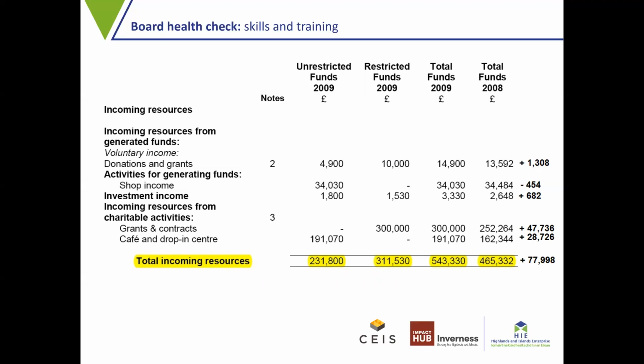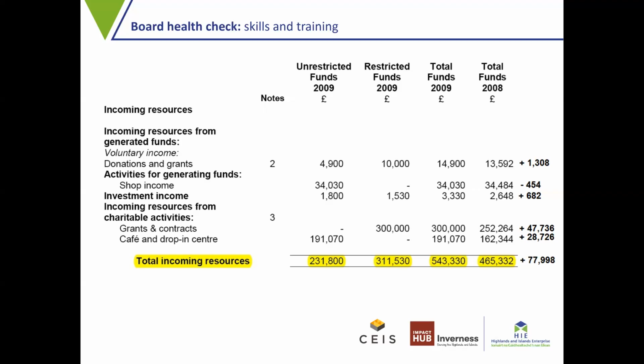Similarly, shop income of 34,030 is only 454 less than last year, and investment income of 3,330 is £682 more than last year. So none of these first 3 income categories are significantly higher or lower than last year's figures. The majority of the increase for the year is contained within the last 2 income categories, covering the organisation's income